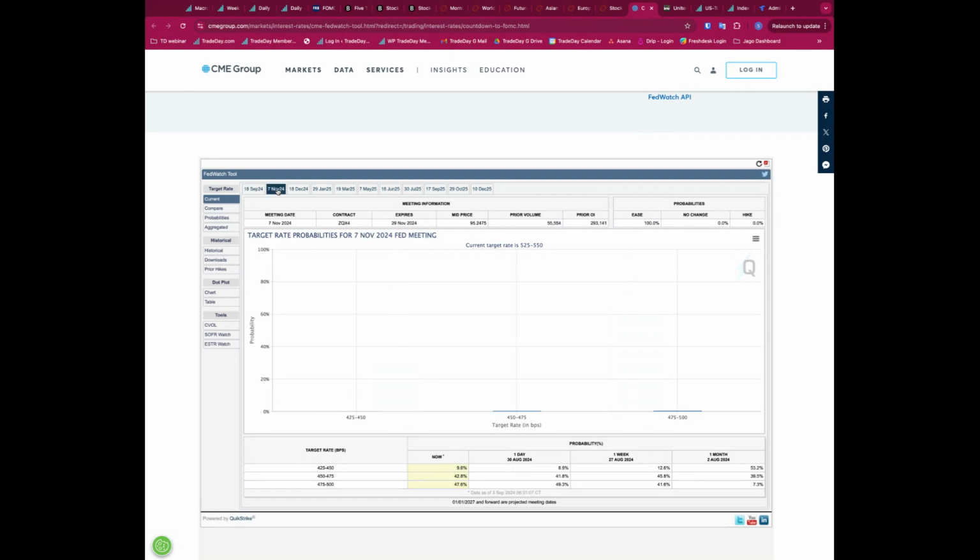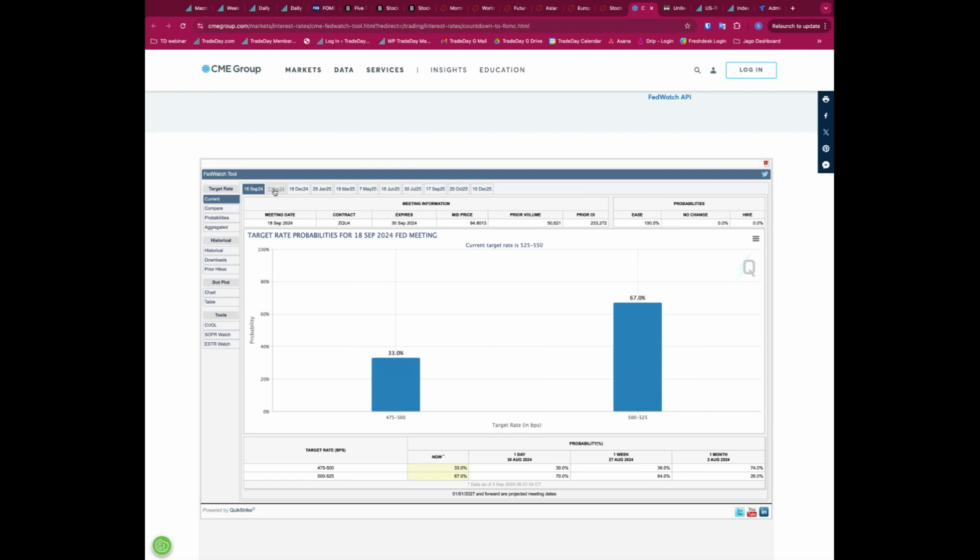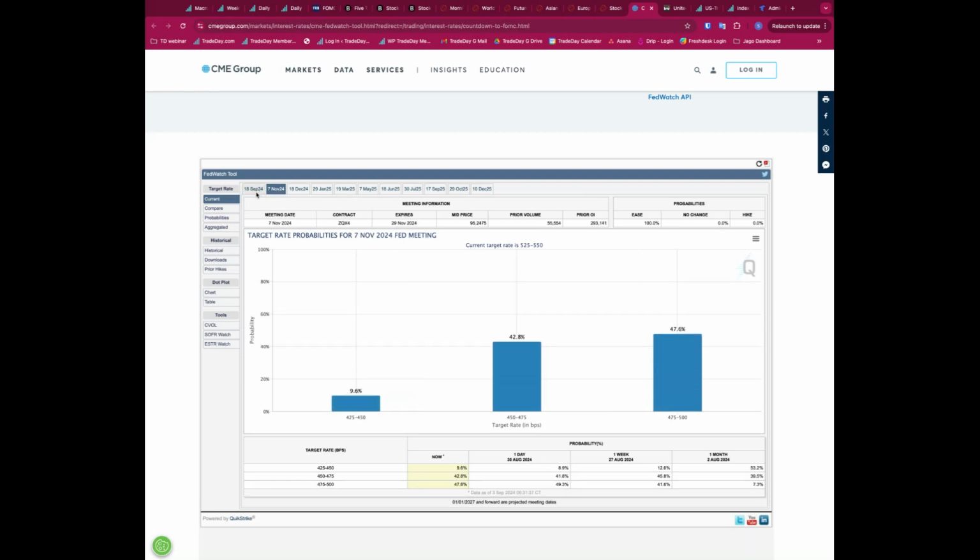But then if we go to November, the market is now pricing in, so this over here is for 50 basis points down. So either a 50 and then no change, or two 25s. And you can see this 47%. So the market is pricing in over a 50% chance that by the November meeting, we're at 450 to 475, which would be down 75. So the market's only really pricing in 25 and then a 50, which would be kind of non-normal. If anything, often the Fed will go big and then pause, or big and stay big, but they wouldn't normally start gradual and then quickly go big.